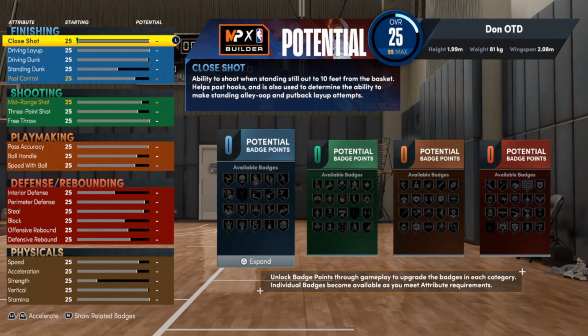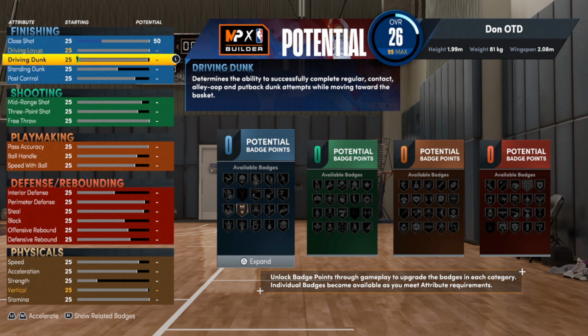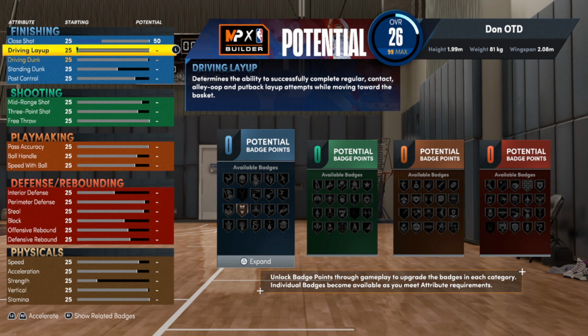All right, time to get right into the finishing for this build. First things first, we're gonna take the close shot up to a 50. I know that's low, but we ain't gonna be using it to do no daggone close shots, you know what I'm saying? The driving layup, we wanna take that up